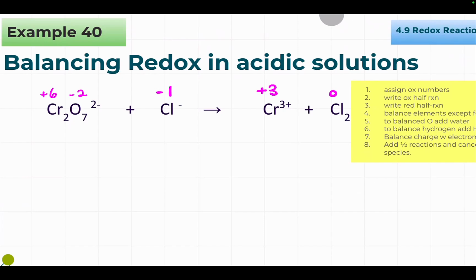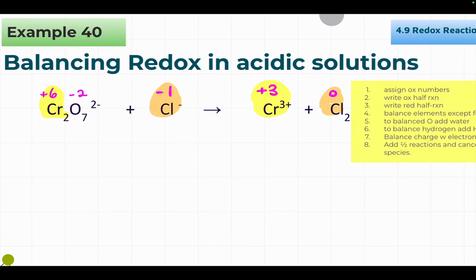So I'm going to then write the half reactions of the reduction and the oxidation. So I can see that chromium is reduced. It's becoming more negative, less positive. And I can see that the chloride ion is